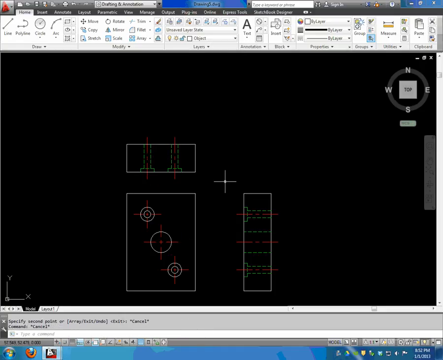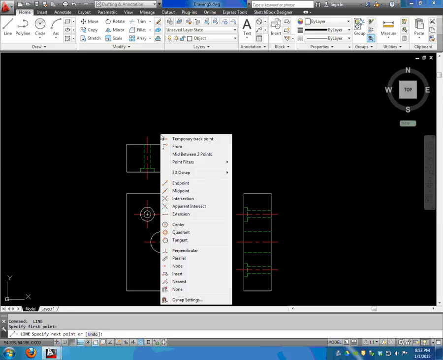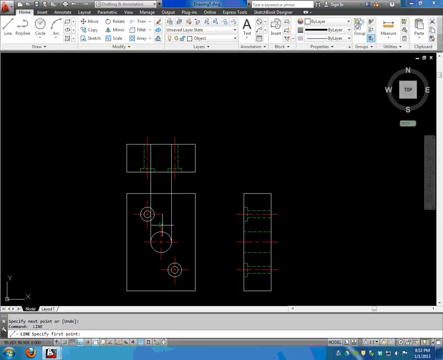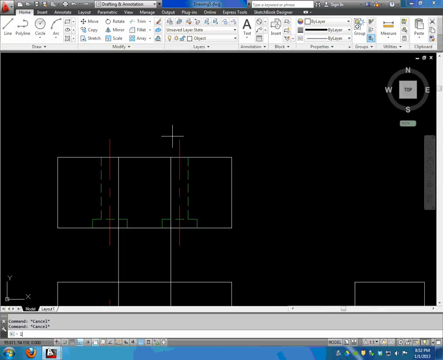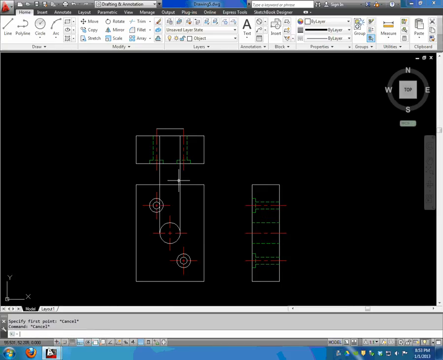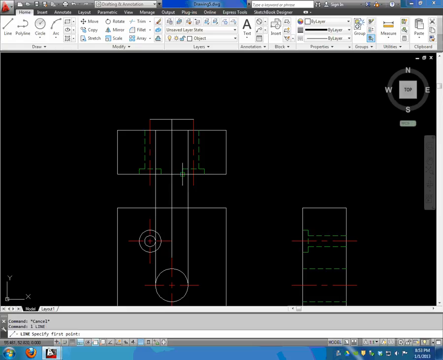Done. We could do the same, or yeah, let's just do it the old school way. Hold straight up. Oh, interesting. Go perpendicular, endpoint, perpendicular. Oh, tell you what I'm gonna do is now do a line. It'd been easier to take all that geometry. Line, endpoint, shift right click perpendicular. It'd been easier to bring that, rotate over, but it's all good. So we'll bring that over, do a trim,